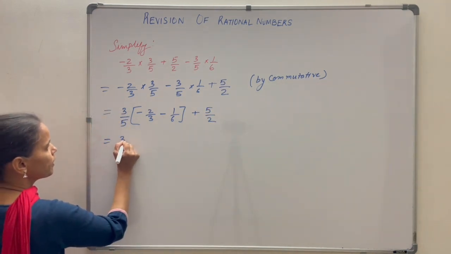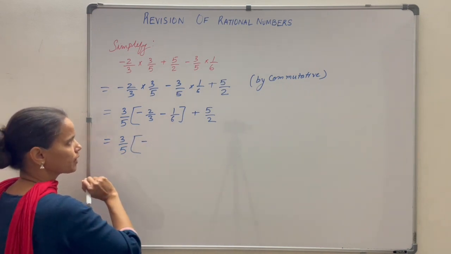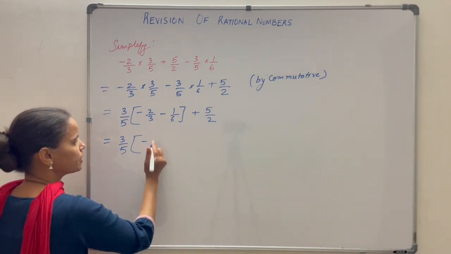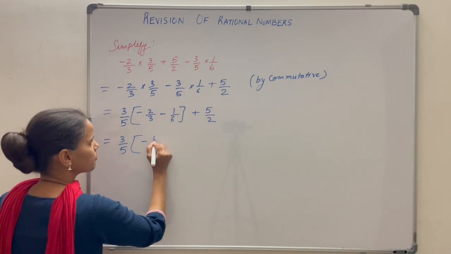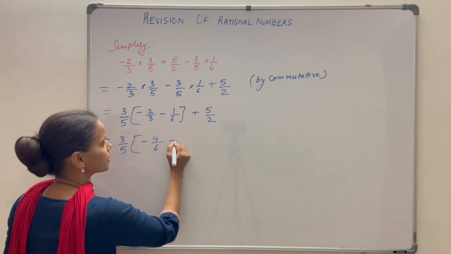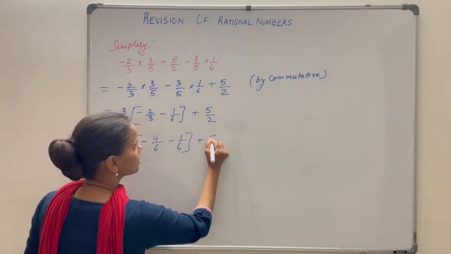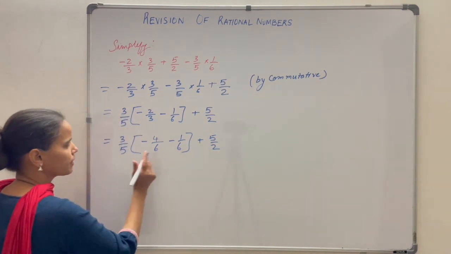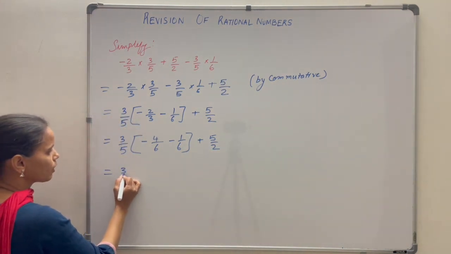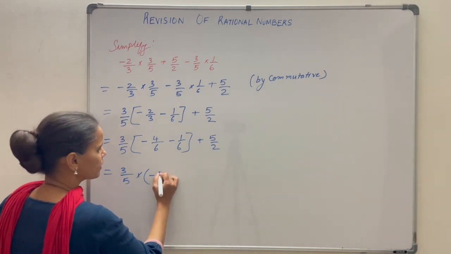So, here 3 by 5. Both the signs are negative, so you are going to get negative here. Denominators are different. So to make the denominator same, you have to multiply numerator and denominator by 2. So you get 4 by 6. This is minus 1 by 6 plus 5 by 2. So minus minus, you are adding both minus, you are going to get a minus sign. And 4 and 1 is 5